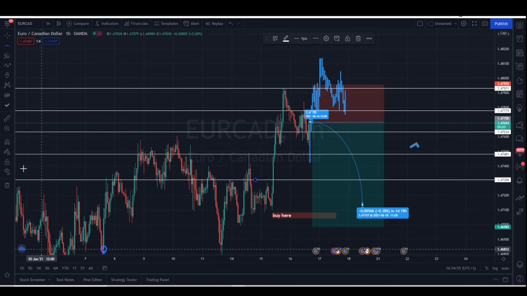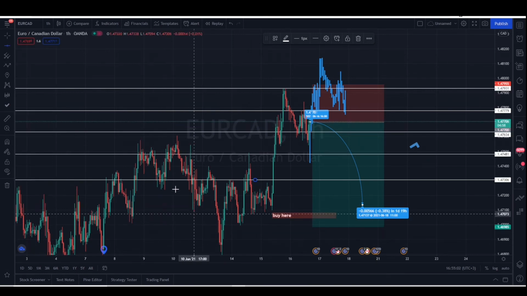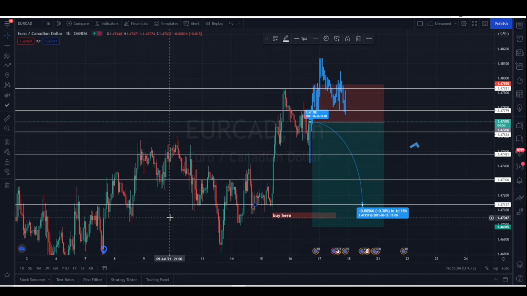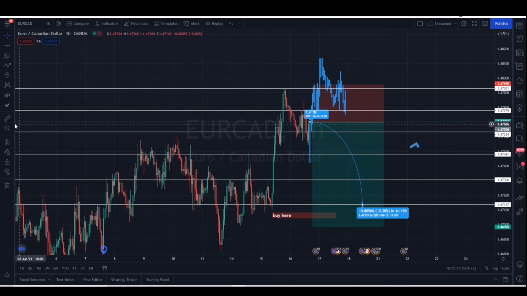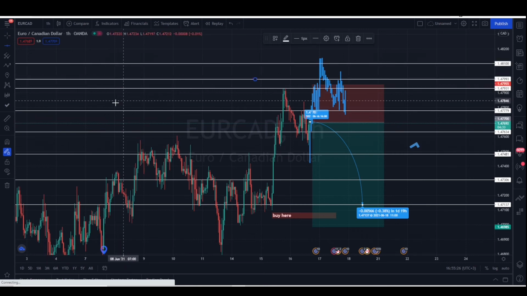Notice the difference, right? Now I'm not in drawing mode. I click here, and I can't draw again because I'm not in the drawing mode. But if you want to draw a couple of them at once and you don't have time to go up, click again and draw again, because time is money, you just stay in the drawing mode here, click on the item you want to use, and you can just draw